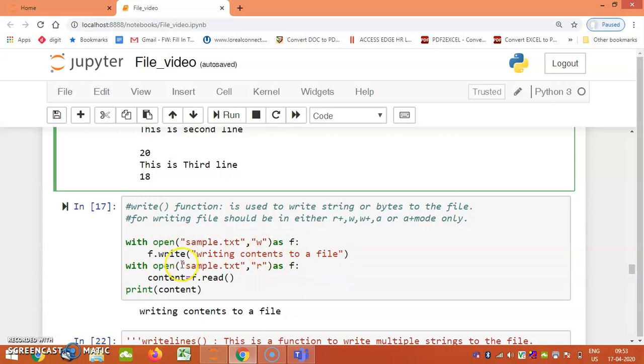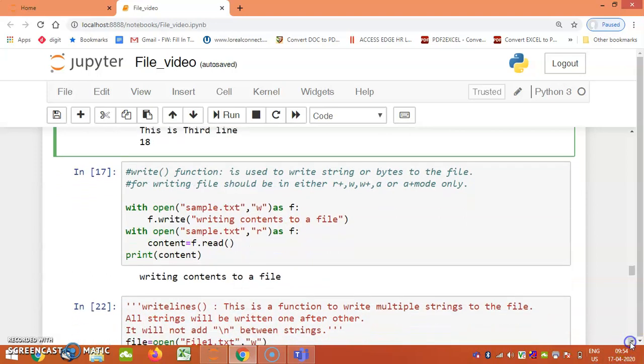Then I open the same file to see the contents, in read mode, with content equal to f.read, and I print its content. I get the output, writing contents to a file. Is it clear to all? We opened this file first for writing and then a second time for reading.